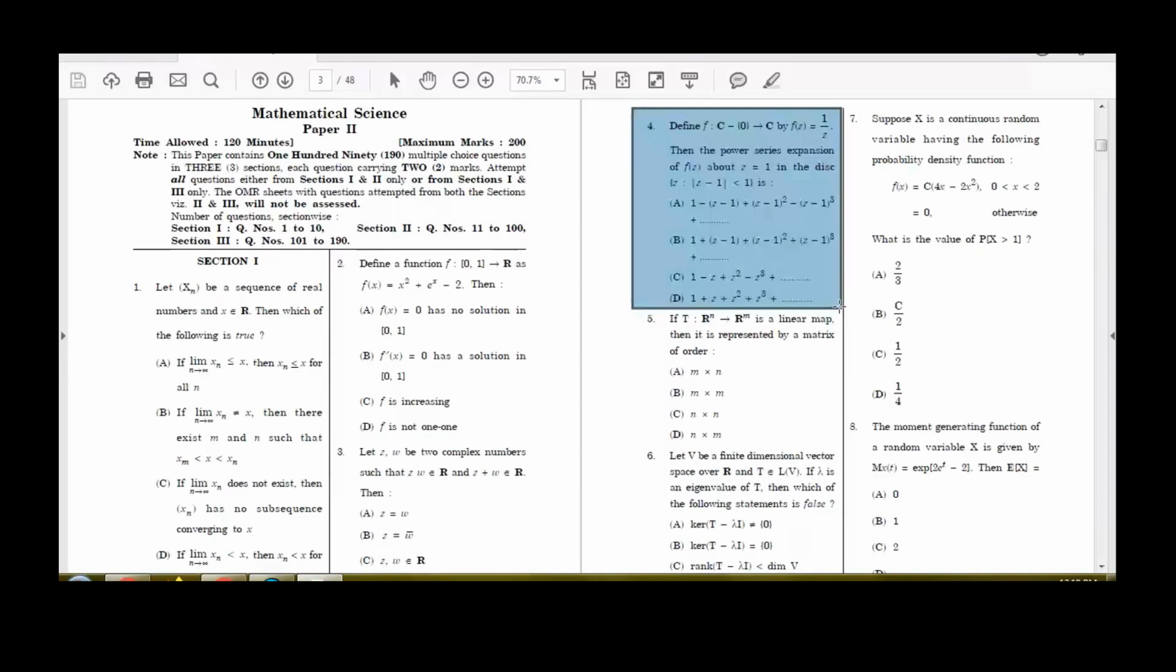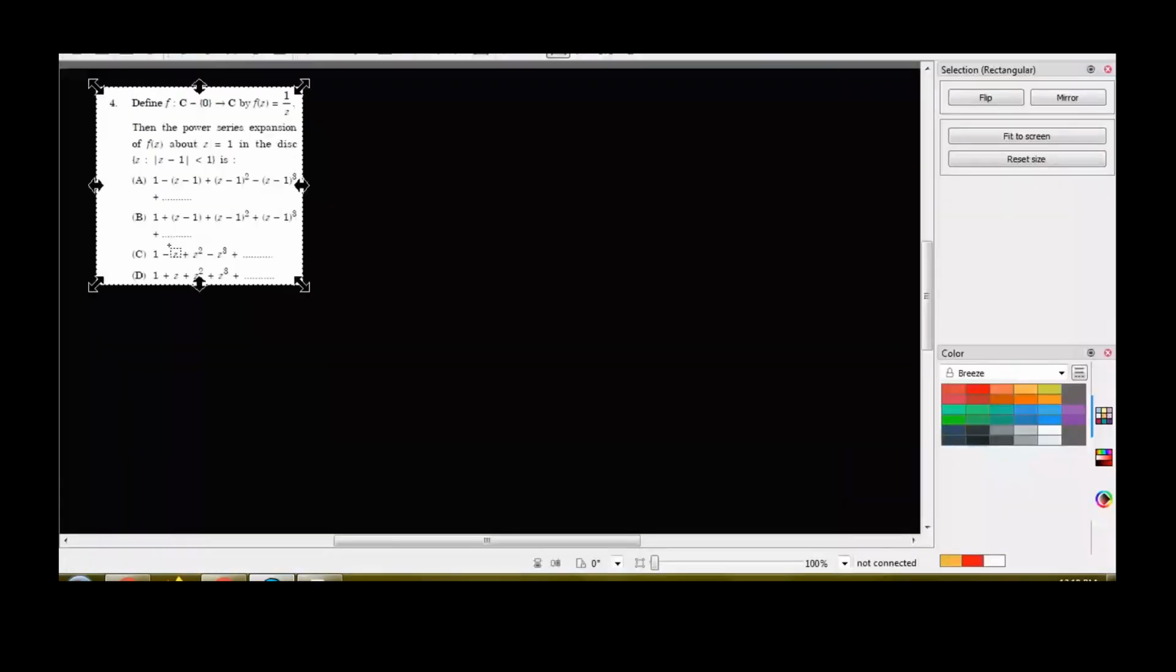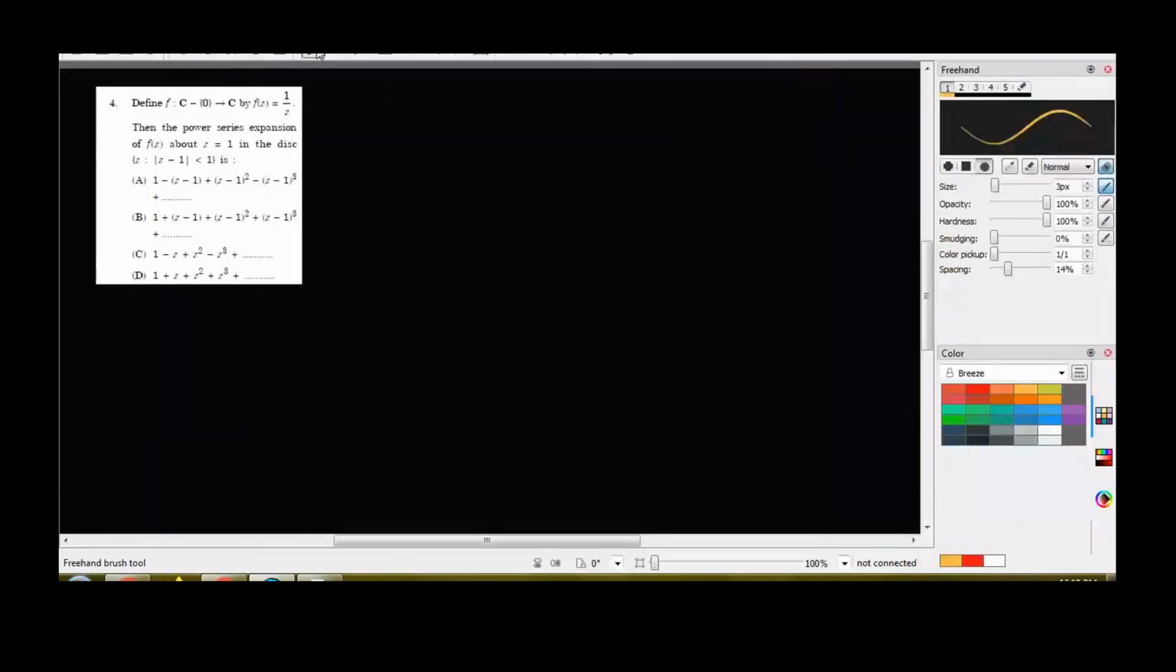So this question is finding the power series expansion about z equal to 1 of this complex function, which is f of z equal to 1 by z, and we have the disk mod of z minus 1 less than 1. So in this case, we have f of z equal to 1 by z, and since we want to find the power series expansion about z equal to 1, accordingly we can rewrite this as 1 plus (z minus 1),